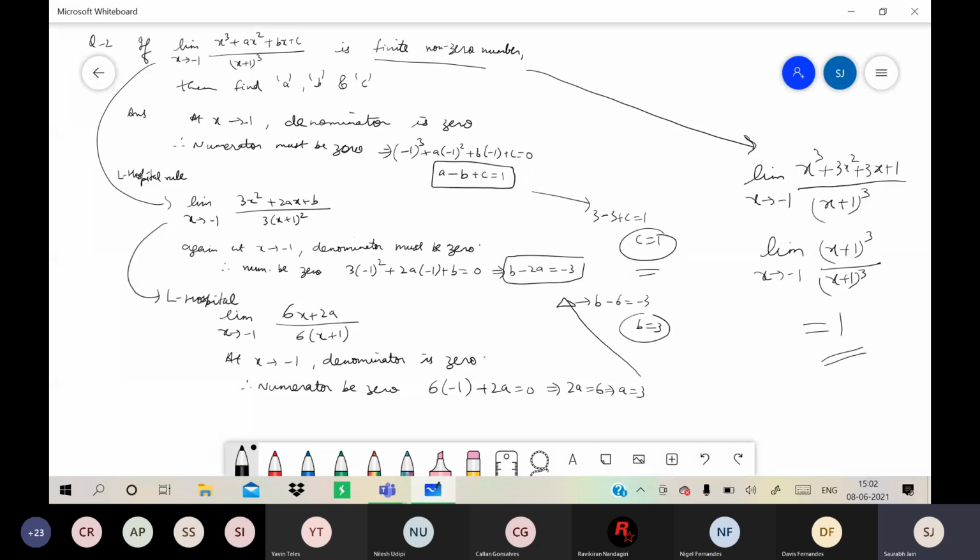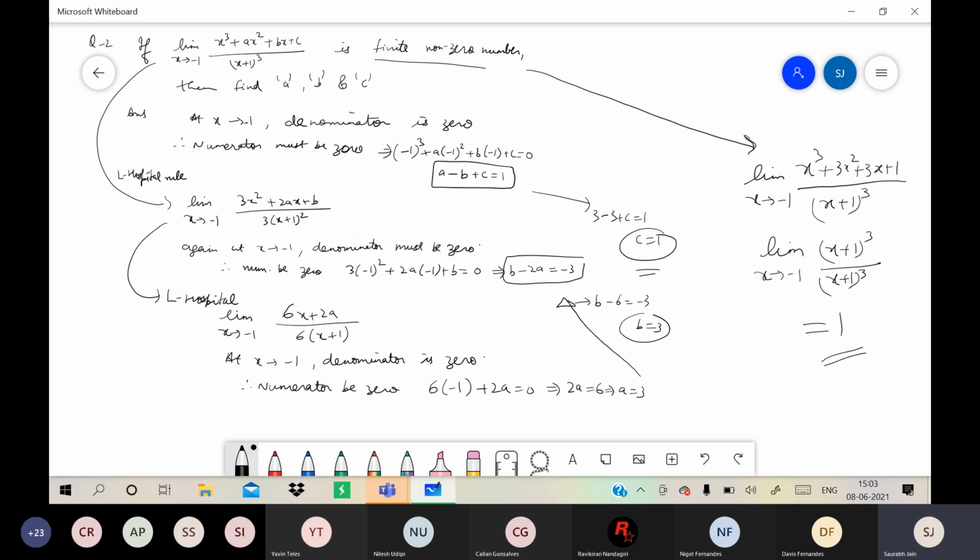That means whenever unknowns are included, first of all you have to think about the form, the 7 forms, and based on that you will do the working. If you see denominator is 0, then you go on doing numerator as 0. If you have more than one unknown and 0 by 0 form is there, then you will have to use L'Hospital rule, and at every step you will have to use the fact that denominator is 0, so numerator must be 0.